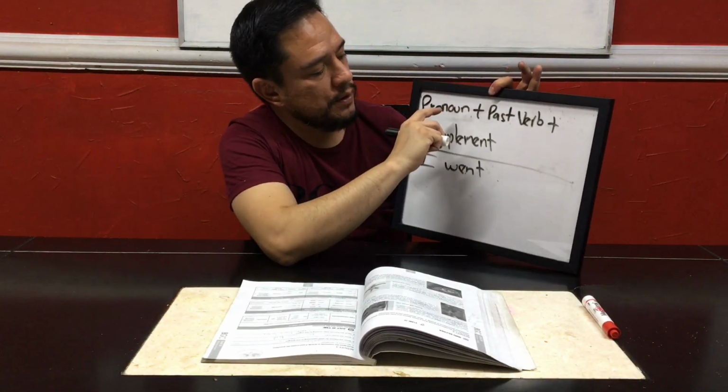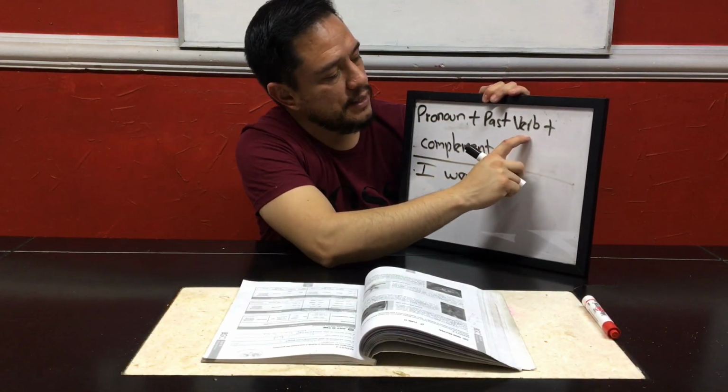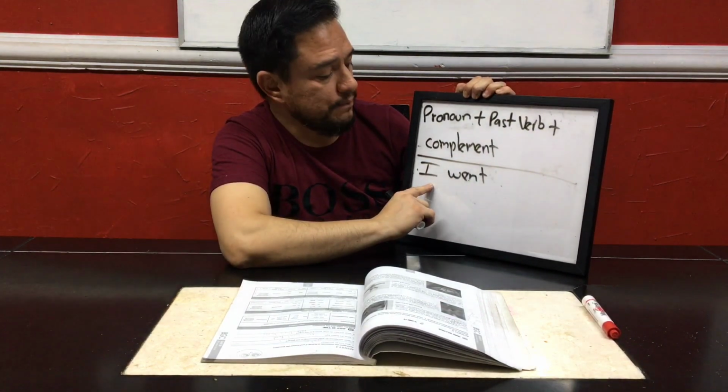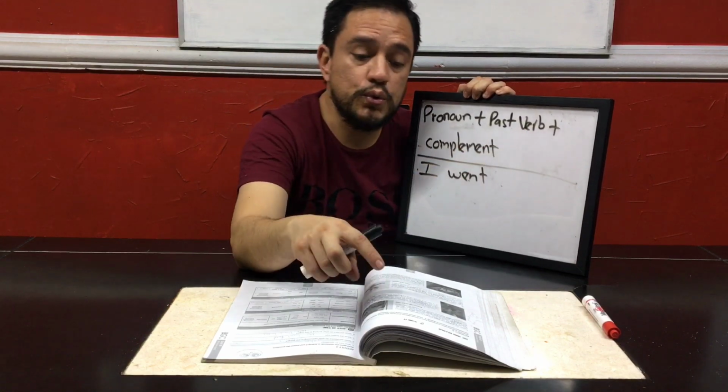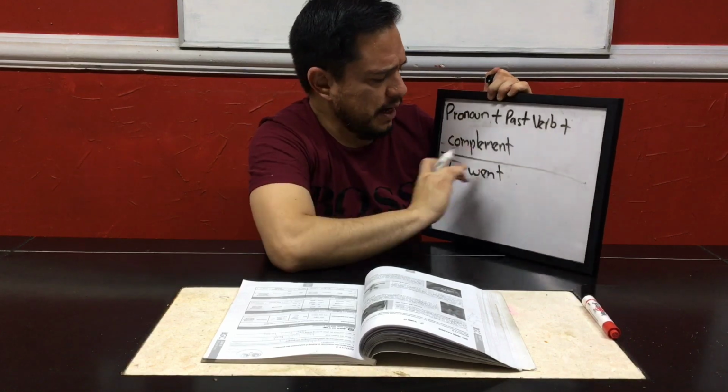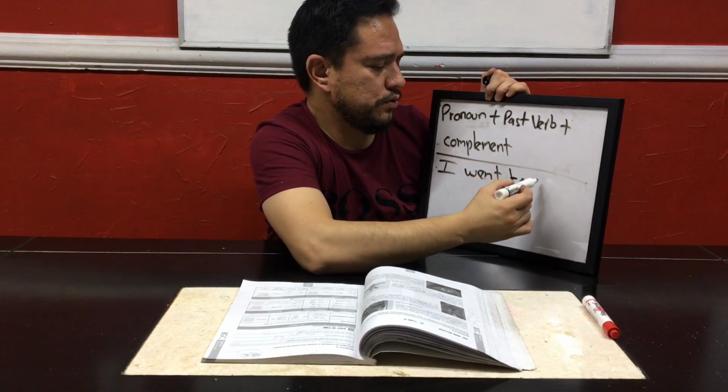After all this information, you have to choose 10 past tense verbs from page 60, because you have to write a sentence with each of the verbs you choose, okay? For example, I will choose went, okay? You have to use this formula. Pronoun plus past tense verb plus complement, okay? Pronoun, I will write I. Past tense verb, I choose went, I went, and then complement. For example, the complement can be, I went to my house,